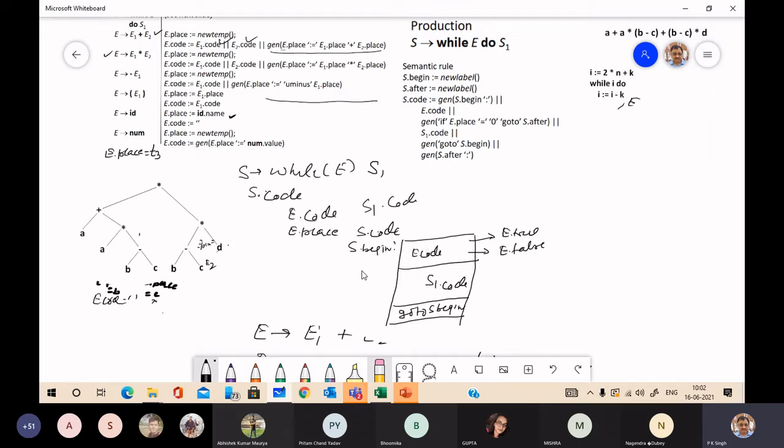So here you can put E true. But if this condition fails, if we are using numerical representation and the value is 0, it means the condition is not satisfied and the loop should be terminated. So where to go? That will be E false. E false is nothing but S next.